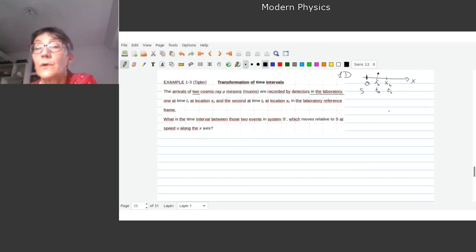So you have another S prime, traveling at a velocity u along the x-axis, and we want to know, if you have two detectors here, what will be the time interval between the two events in my system. So you will just apply the two